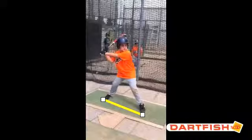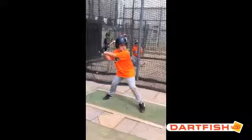And what happens, Alexander, when we don't do the same thing with our feet every time, when those things are inconsistent, so is our swing going to be inconsistent. It's going to be hard for you to stay in the same spot all the time if we can't get that part of it figured out. That's pretty important, buddy, that we land in the same spot every time. So whether you start a little bit open or a little bit closed, it has to be consistent,